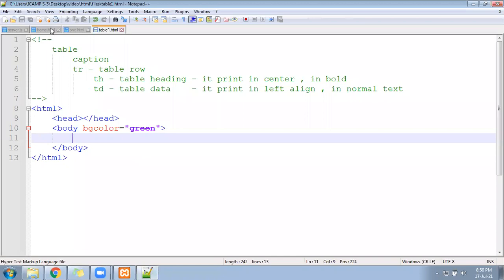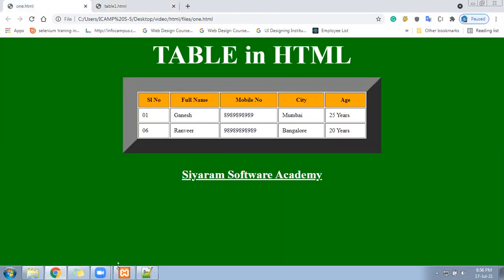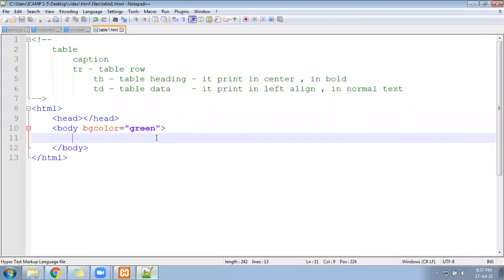Now next, you can see in this file, there is a very good heading on the top, table in HTML. I'll write the same here. So I'll go here and I will start now table tag. Or before the table tag, let me write here the h1, and the h1 should have align equal to center.